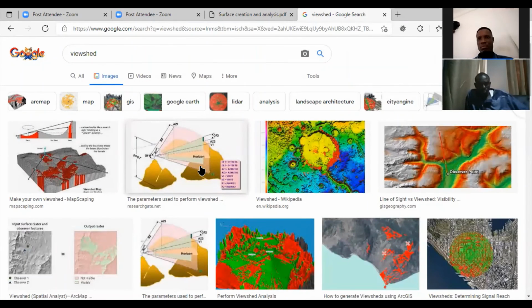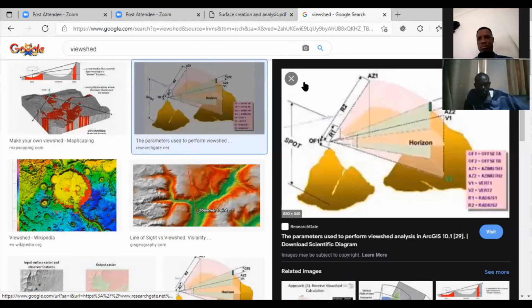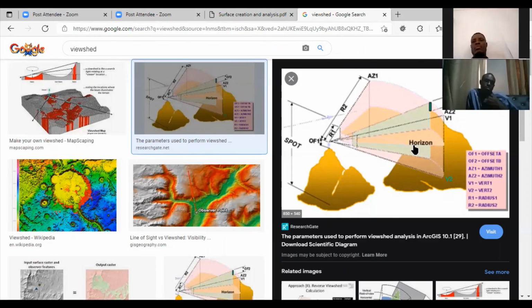Okay, so in viewshed, the observer is at a certain point, and then you have the actual point of interest. The observer is there, he's looking at the terrain. What can he see? Are you okay? All right. Now you can have an application of that in telecommunication. When a signal is transmitted from the transmitter to your phone, it can be blocked. How can it be blocked? If there is a tall building in front, you may